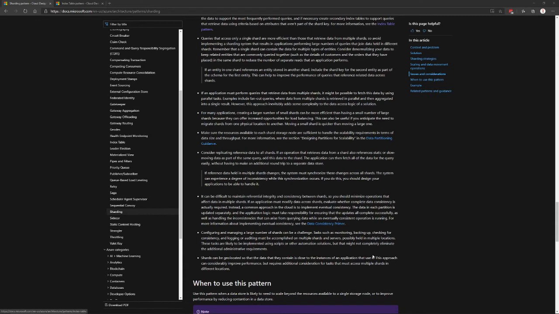Azure SQL Database has something called a shard map manager that allows you to configure everything, and you can connect to that to get your shard keys and your shard IDs out. So primarily there's the complexity, but there are also implications, as I said, for the application, and it's extra maintenance.